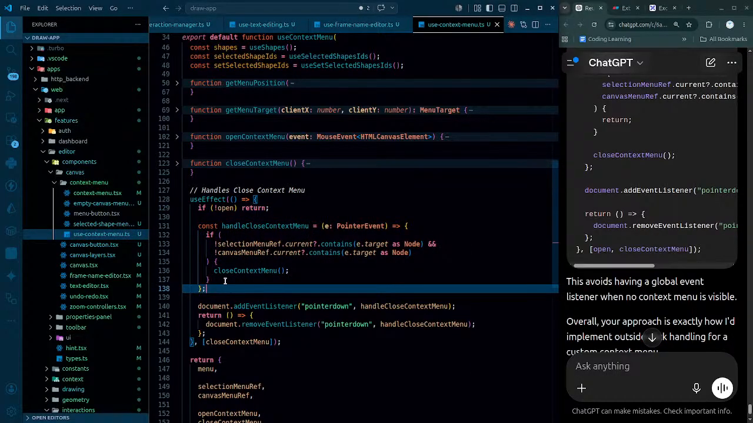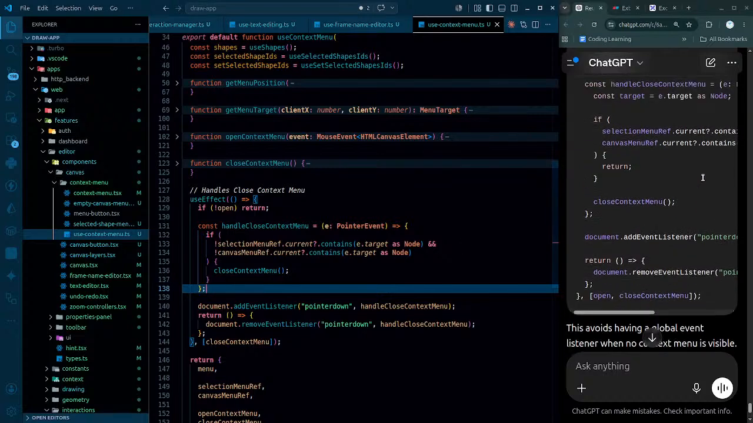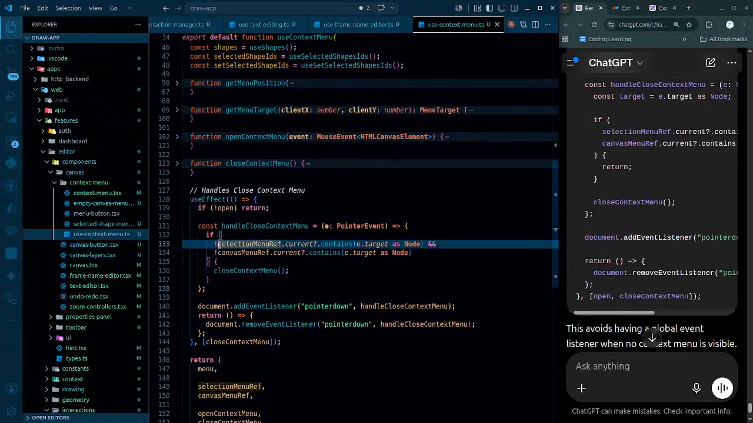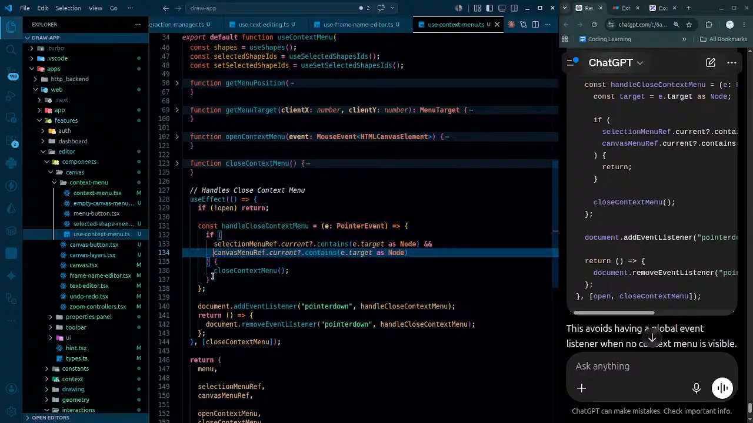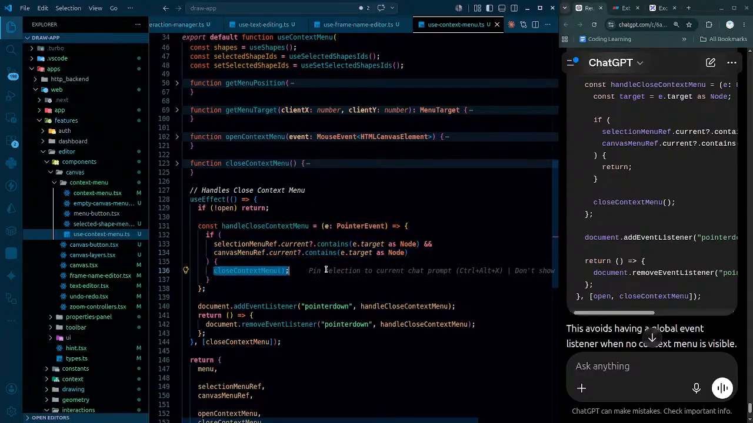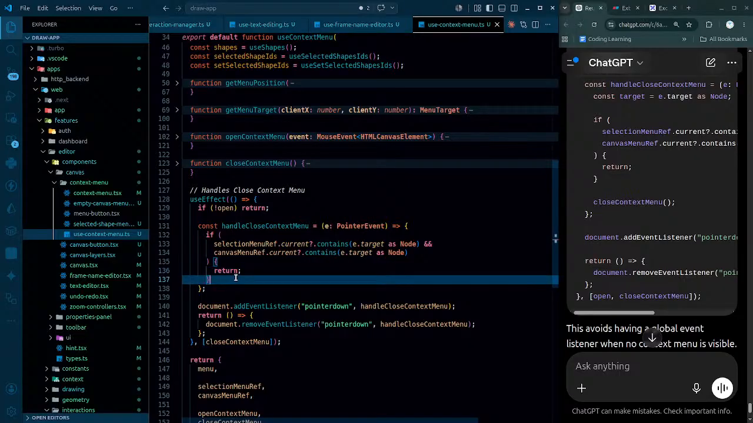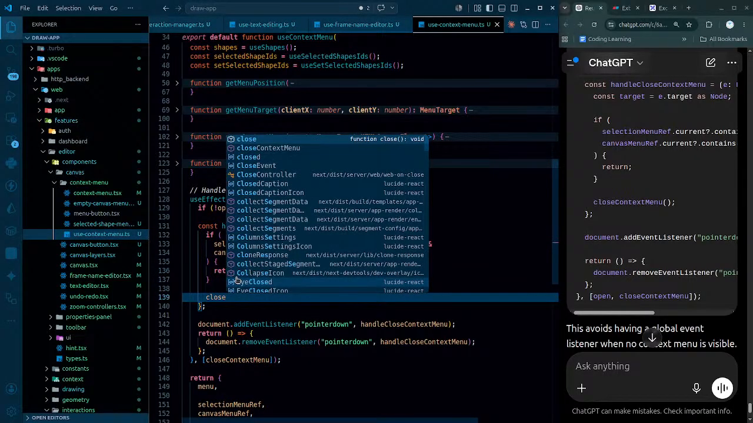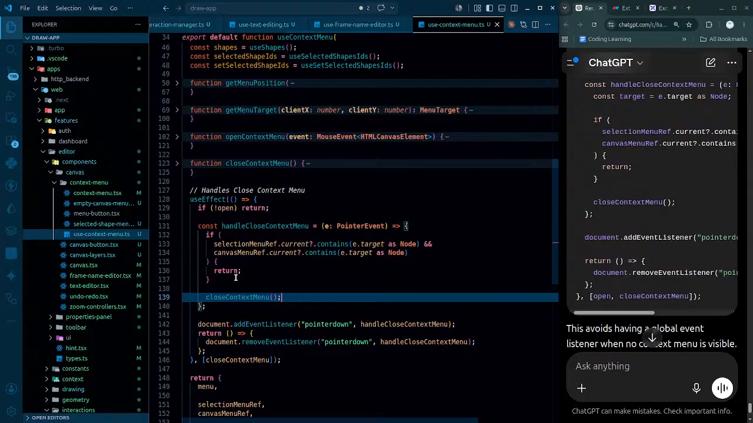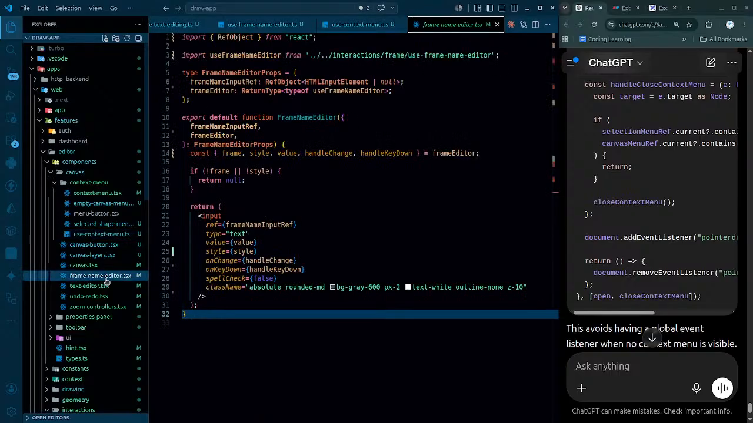And apart from this particular thing, if it actually contains the current element, I'm gonna return, otherwise I'm gonna be closing this. So this is a better way to structure it, not really a bad thing at all. Same structure I'd like to follow in this one as well. So when it comes to frame editor, not this one actually,